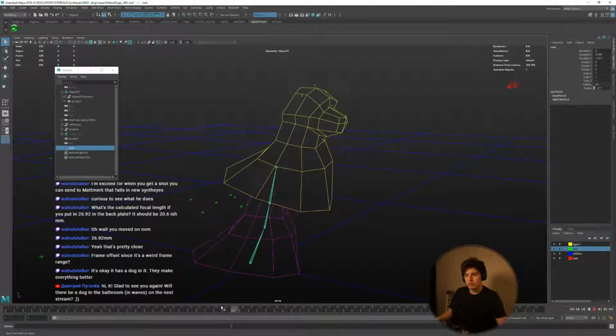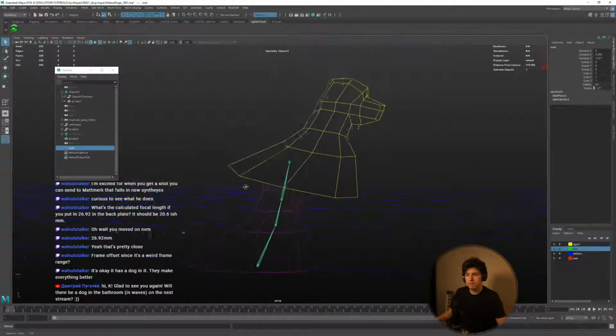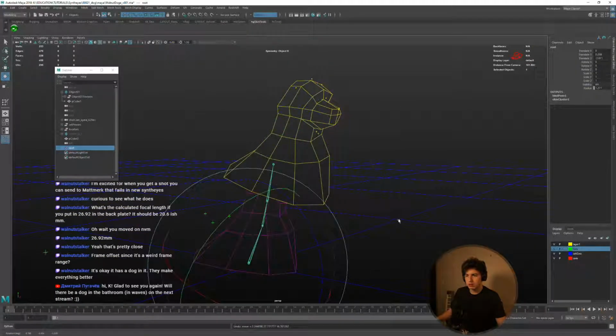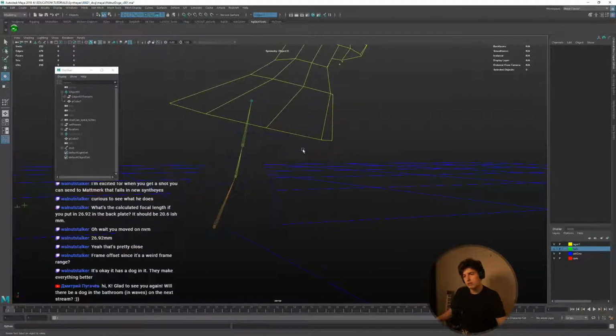All right. So I'm gonna go to a frame like this, and let's roughly place this into position first. Actually, let's not roughly place it into position. Let's get a nice lineup. So easy way